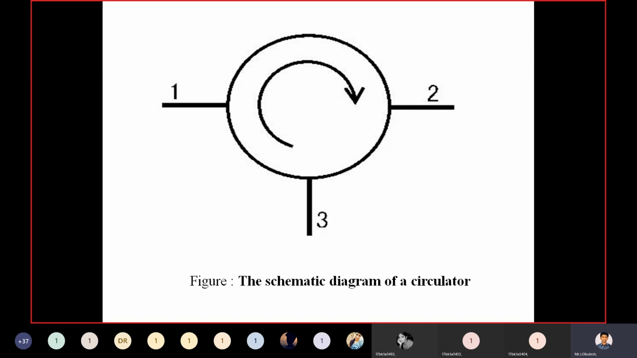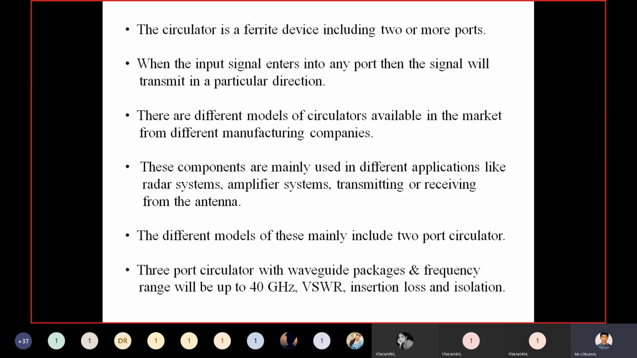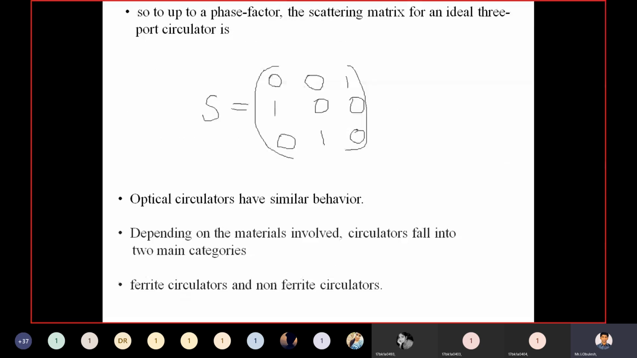Okay? And the scattering matrix of this is S equals 0 0 1, 1 0 0, 0 1 0. This is the scattering matrix for an ideal 3-port circulator. And optical circulators have similar behavior. Depending on the material involved inside the circulator,